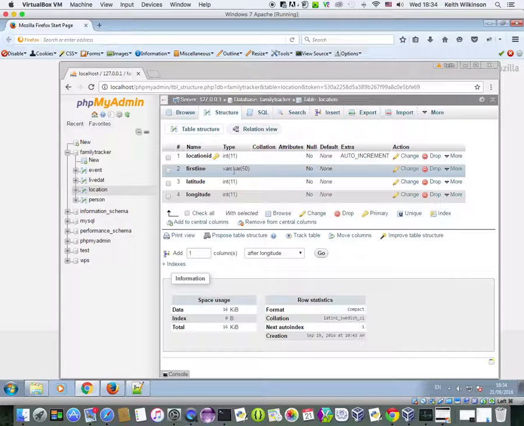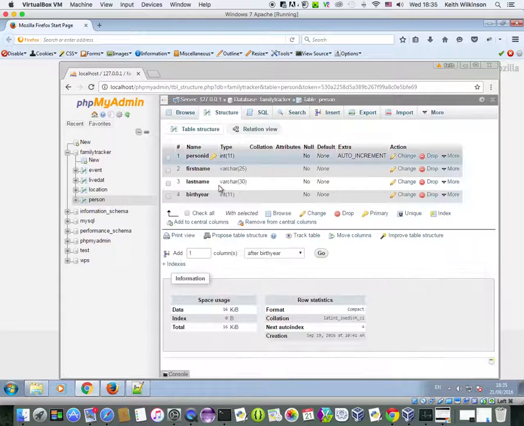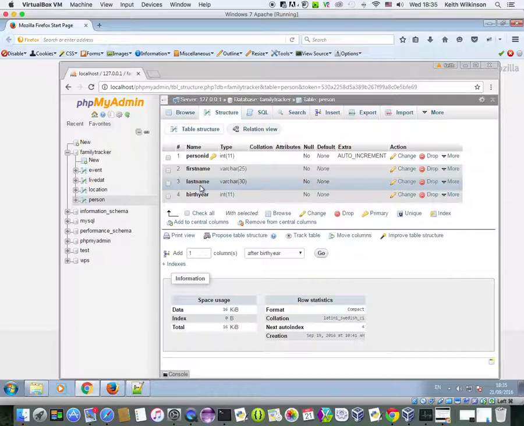really the only thing that differs is the fact that we've got a location ID, a first line, a latitude and longitude, whereas in person the structure was just the same amount of fields: person ID, first name, last name, birth year. So we have the same amount of fields. So really, we could use the same file and just change the field names, which is what I'm going to